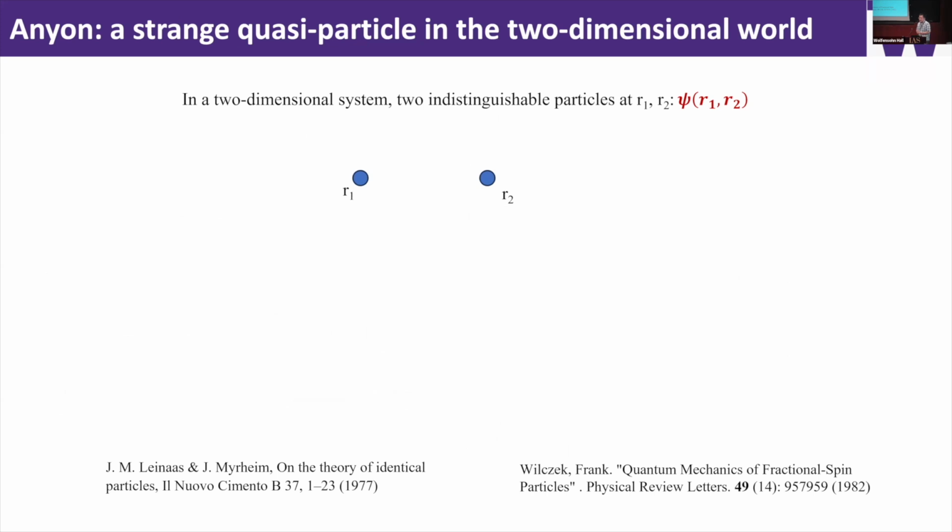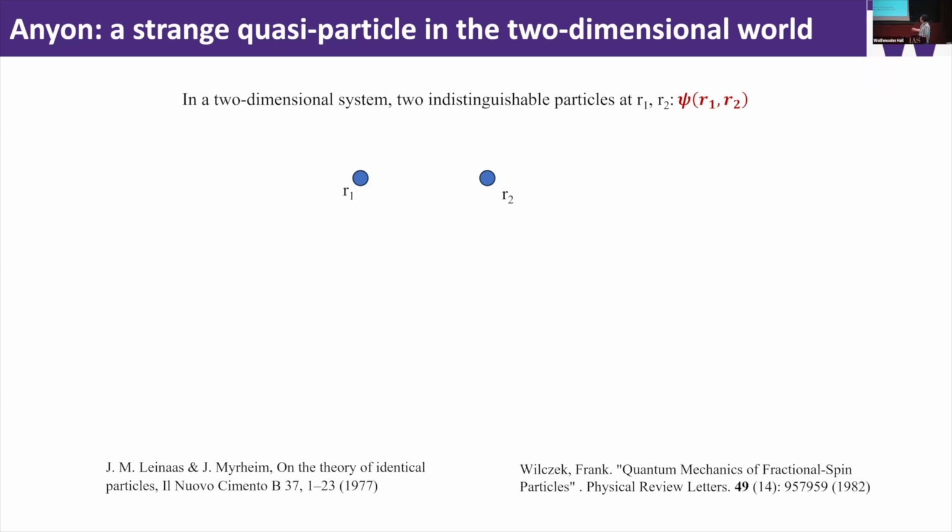There's a lot of interesting things about these fractional quantum Hall excitations. And one of the interesting properties is the physical representations for anyons. So just a quick overview of what an anyon is, right? It's a strange particle in two-dimensional